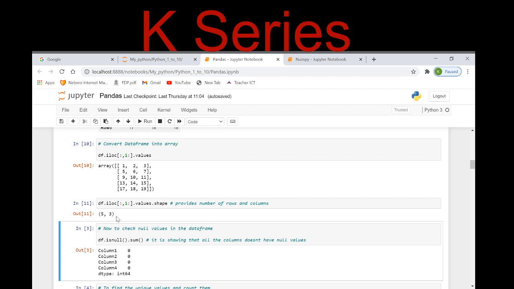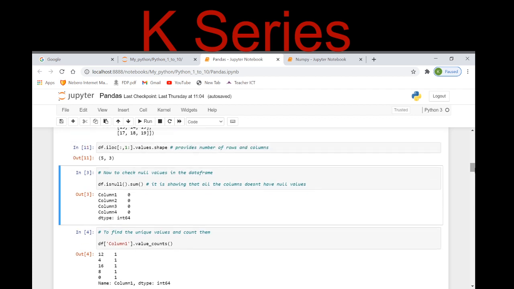Now, how can we check for null values in the data frame? When we use pandas, we generally come across a heavy data set wherein I have to check where the null values are in my data set. Then this function becomes very handy, and it's very easy to use also. Df dot isnull, and if I want to sum them, then I can use the sum function along with the isnull function.